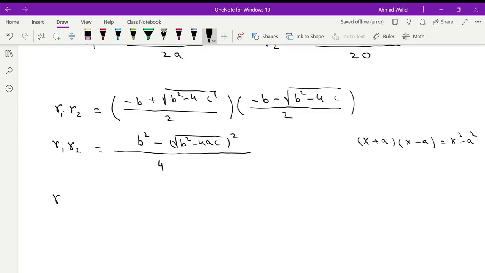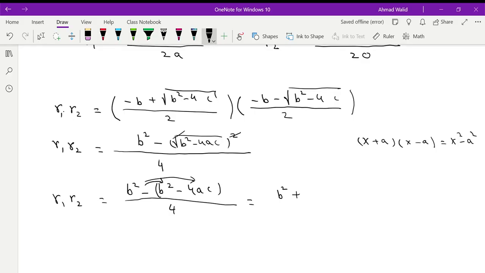Or you can FOIL it. You will end up with the same answer. R1 times R2 equals b squared minus a square root cancels out with this square. B squared minus b squared minus 4ac over 4. Distribute the negative to inside. Then you end up with b squared